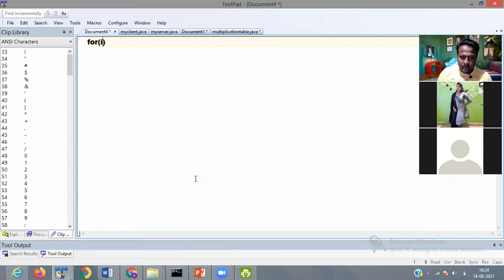So initialization, checking condition, then increment or decrement.